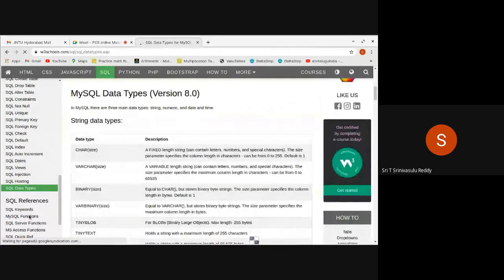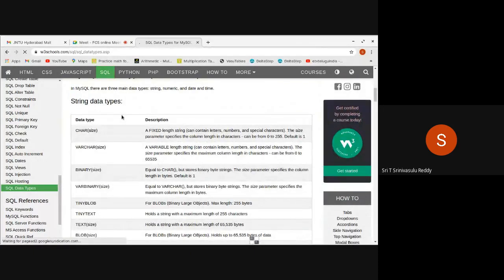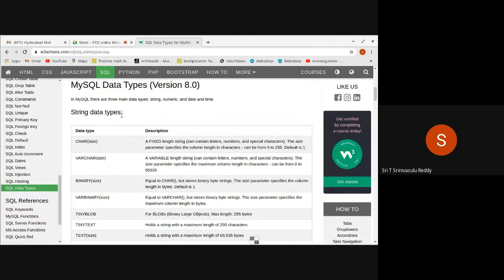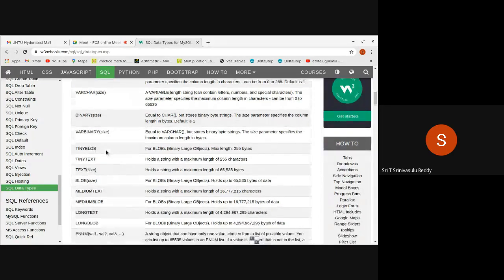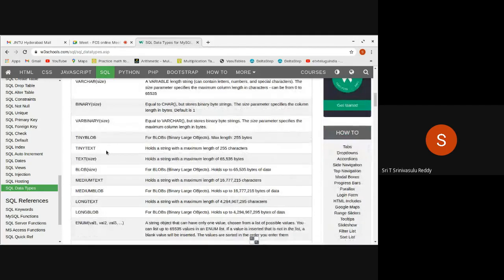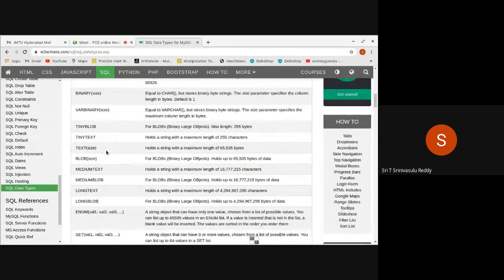So what are the various data types that are supported in MySQL? You can see here, MySQL data types in version 8. You have character, where you can specify the size, char is a fixed length string, varchar is variable length. Binary of size, raw data kind of thing also, variable binary and all that. Tiny blobs, blob means binary large object. Whenever you want to store, for example, an image as a field,